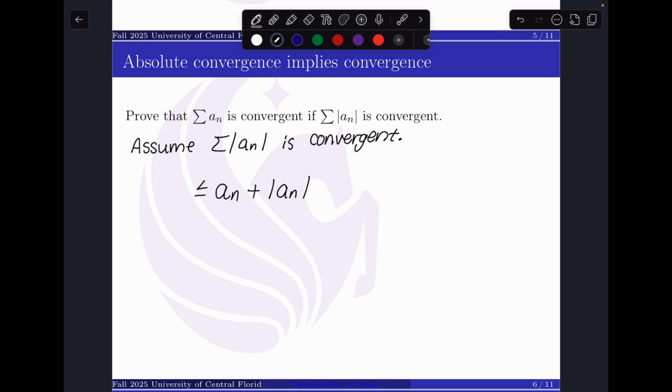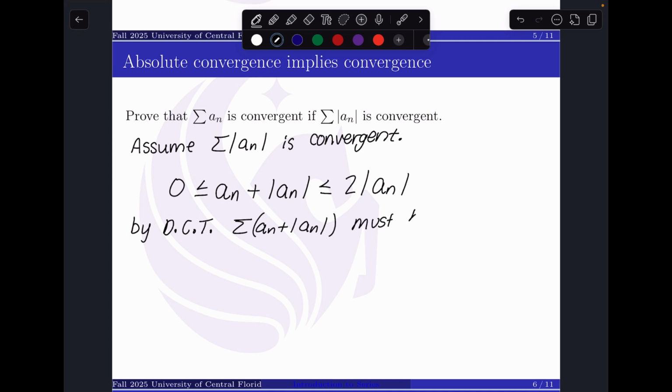So I know that this thing is bounded between 0 and 2 times the absolute value of a sub n. Well, by the direct comparison test,